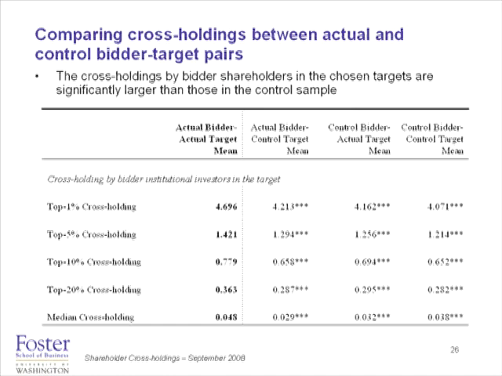So the actual bidder chose this actual target. They could have chosen this otherwise similar target, but it had lower cross holdings. So on the margin, it looks like the one with the higher cross holdings was chosen. Similarly, the actual target could have gone to a different firm, but it had lower cross holdings than the actual pairing. And then the two firms that were otherwise similar but didn't merge at all also had lower cross holdings.